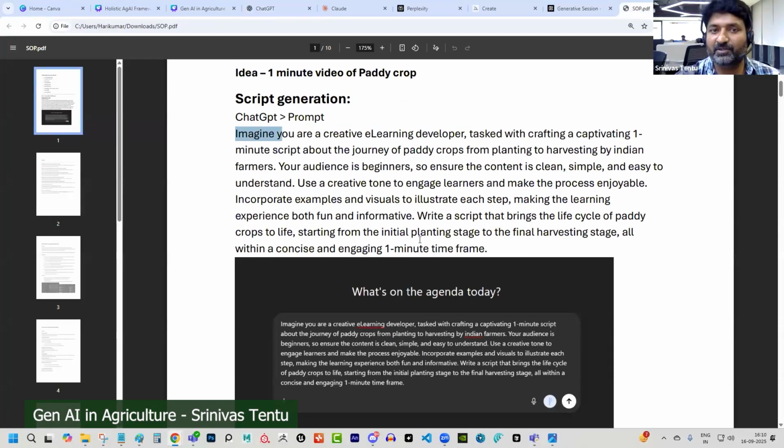The first and foremost is prompt writing. Simple. It's all natural language. Why have the AI tools become so successful? Because they understand natural language. But there is a difference. Natural language means just saying. Imagine if I